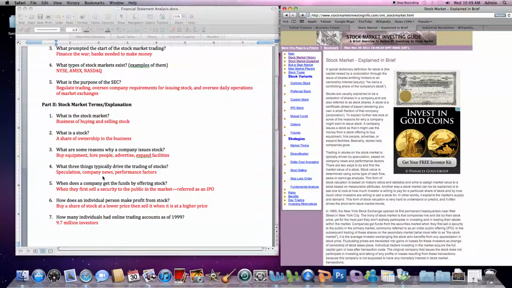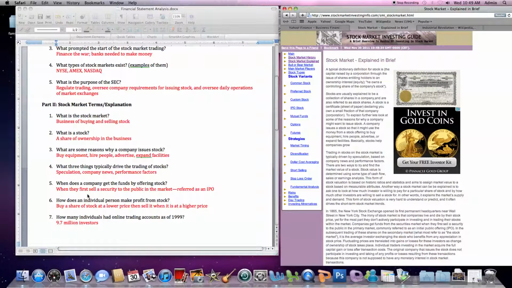And now the stock market fluctuates daily, and the prices of the stocks fluctuate as well. And typically the 3 things that drive that are speculation. Do they think something's going to do well or not? So that kind of changes the price. If the company has big news, they're coming out with a new product, or in the example of Apple, Steve Jobs died, and their price for their share of stock for Apple fluctuated a little bit. And also performance factors. How well is a company doing?